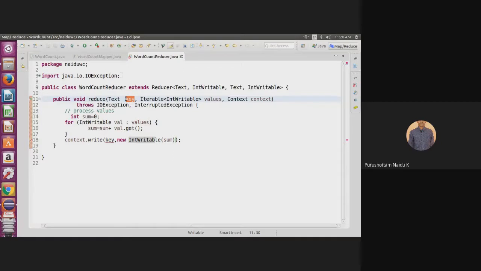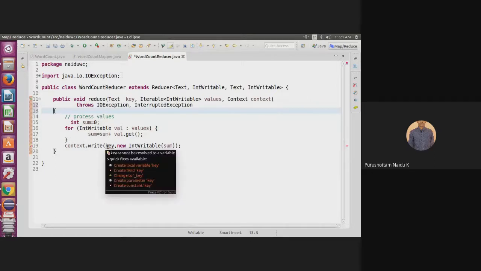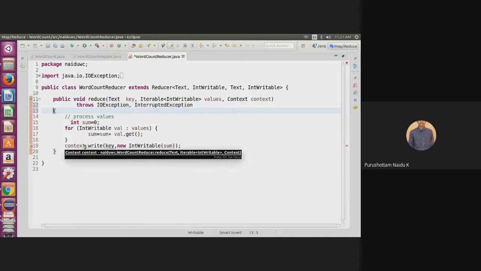Text. Context dot write of text is a key.